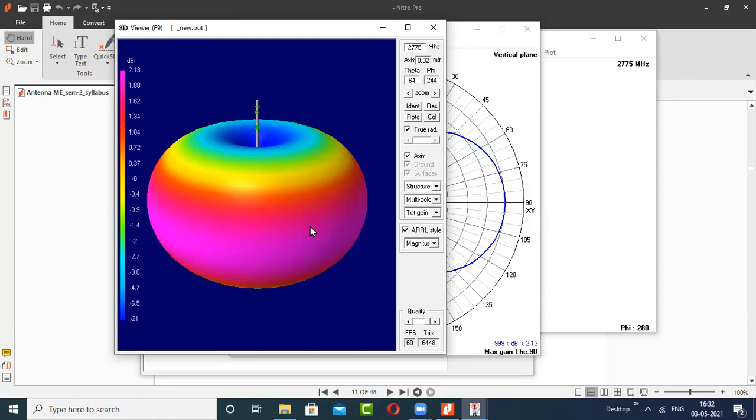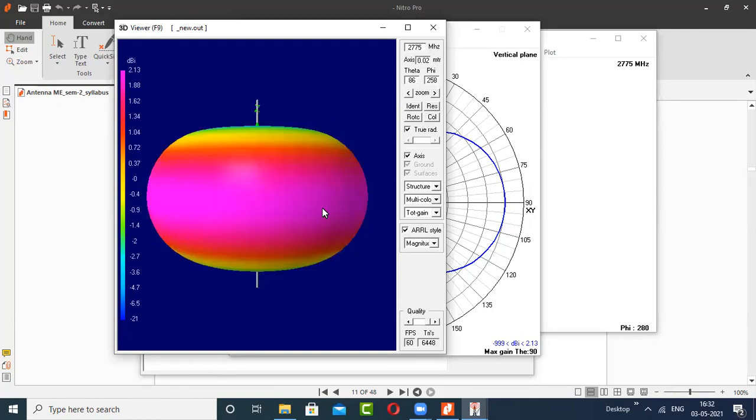Yes, sir. So for gain it is 2.13, right, sir? Right, so you can write that in the table. This is one case. We'll see two different cases, and the remaining cases you have to generate and make a report on and submit it.